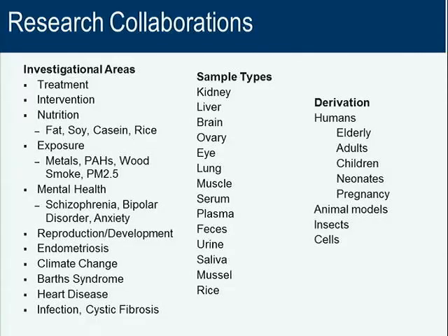So because of that, in my group, we were able to develop about 60 collaborations over the past few years to do these pilot studies. And this has been really useful because we've been able to analyze lots of sample types. You can see kidney, liver, brain, ovary. We've been doing some work with the eye, lung, muscle, and then there's the relatively non-invasive serum, plasma, feces, urine,